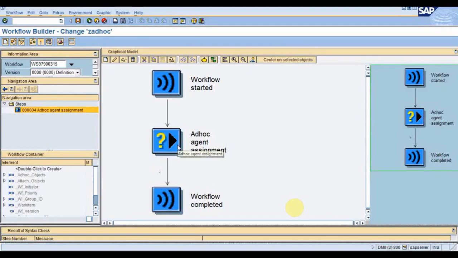If any one of the users executes that work item or takes the action, then that work item will disappear only from that respective user, not the others, because the work item ID is different. So if 3 user IDs are present in the expression tab, 3 work item instances will be created, and 3 items will be present in the inbox of the 3 users. So let us see how it happens.